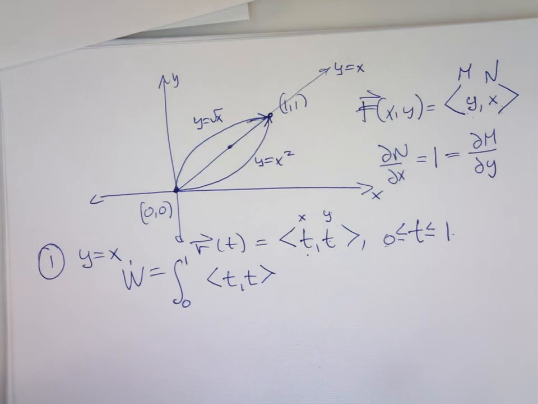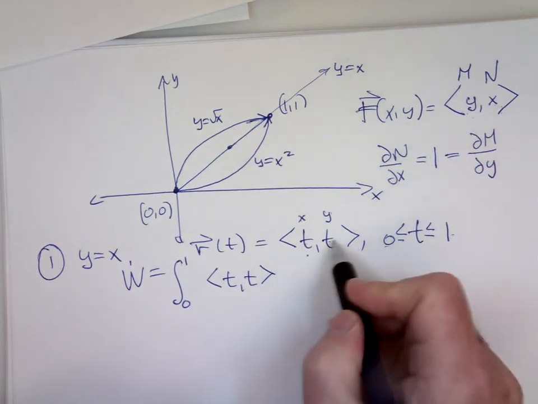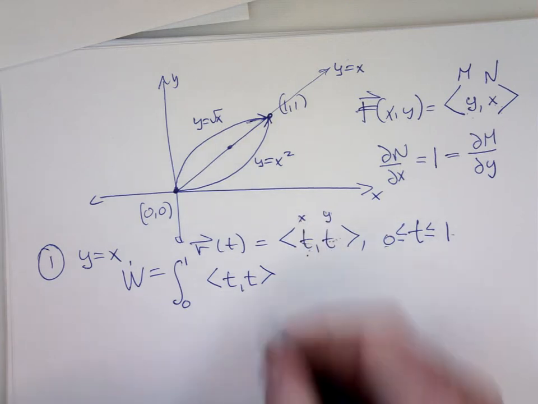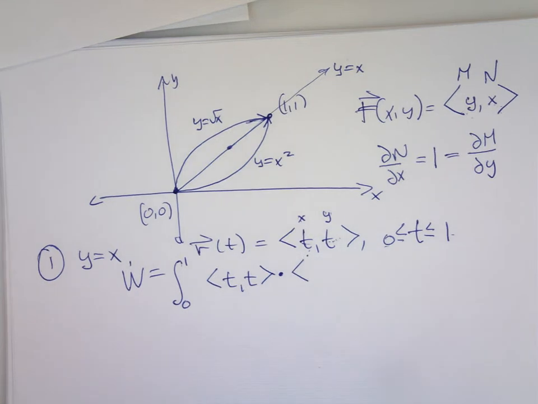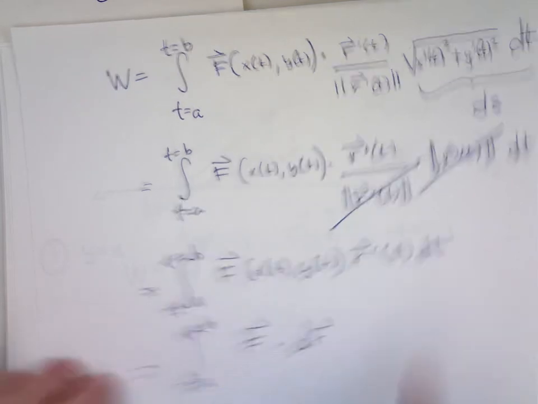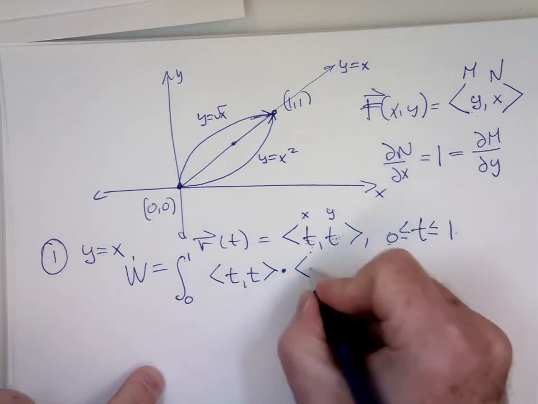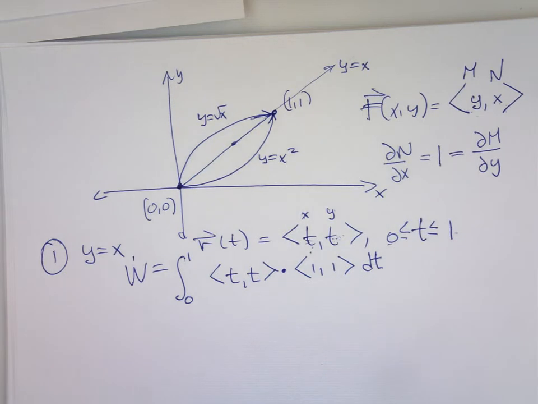Okay? Whatever you have here, you get right from the path. This is your x component and your y component, dot r prime of t. I'm using this formula we developed right here. That's the formula we developed. R prime of t, well, what's r prime of t? 1, 1 dt. This will give us the work done along that linear path from 0, 0 to 1, 1